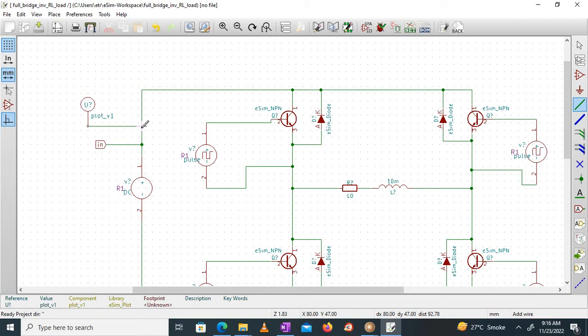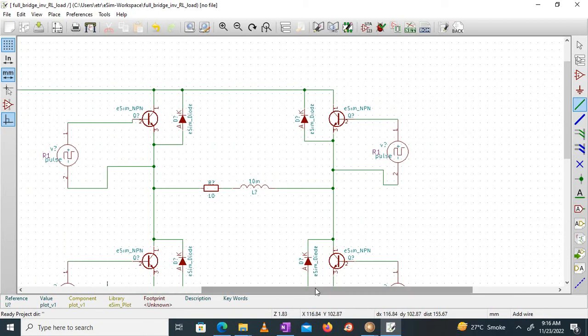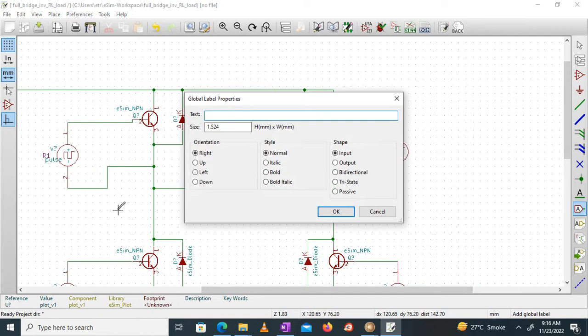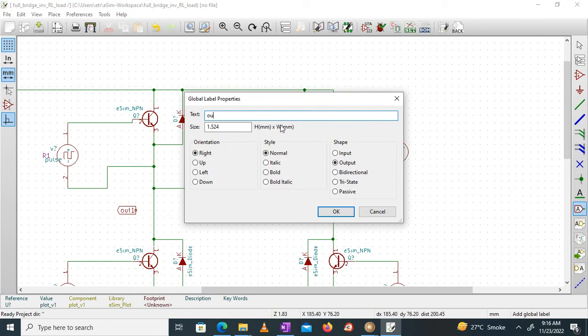Alright. Now for the output also we will be observing the plot. So here I will be naming it, let me add the global label, and call it output 1. Alright. I'll place it as output, and orientation will be left or right, no problem. Here it is. And one more, global label, output 2, I'll place it over here,